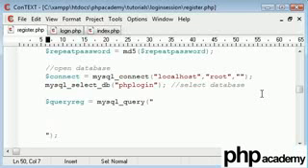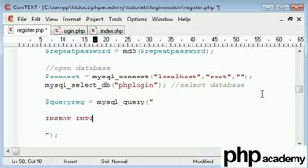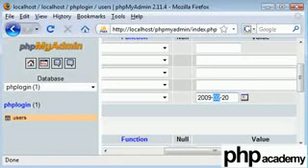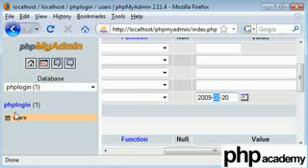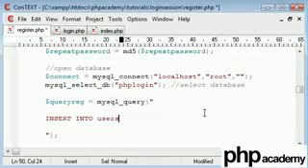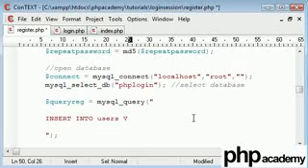This is INSERT INTO users, and if you go back to here, phplogin is our table that we've selected, so mysql_select_db phplogin, and we're inserting into users, which is our table inside this database, and we're going to say VALUES in brackets, each value of the